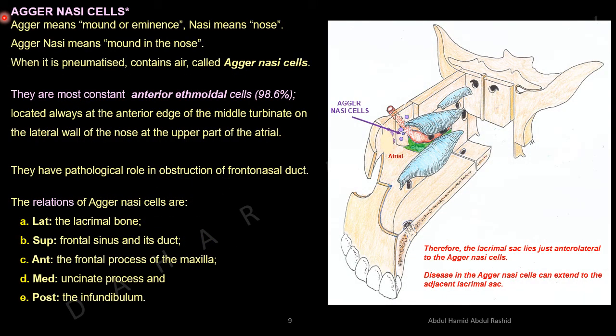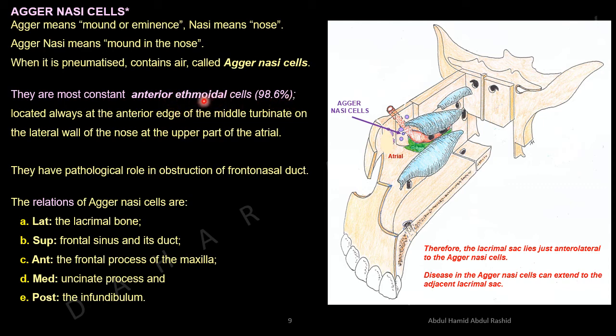Agger nasi cells. Agger means mount or eminence. Nasi means nose. Agger nasi means mount in the nose. When it is pneumatized, that means contains air, they are called agger nasi cells. They are the most constant anterior ethmoidal cells, found in about 98.6%. That's why this topic is included